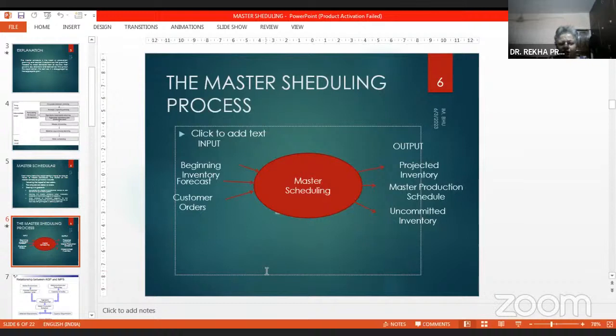How much materials you have in the beginning, what is your inventory level, then what is the forecast, how much is required in the environment, and what is the actual order you have received. So these are the inputs. Then you do the master scheduling, plan everything accordingly, do the operations, and then you get the output: projected inventory, master production schedule, uncommitted inventory. All these things are the output of this master scheduling.